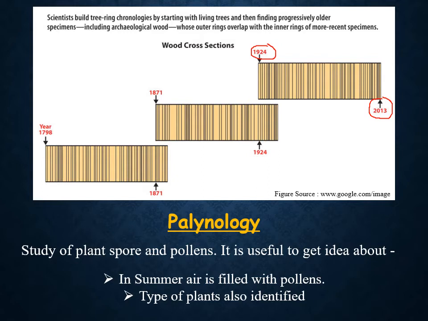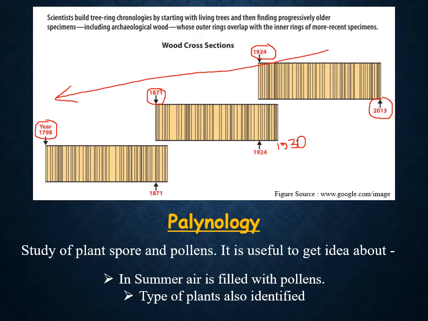Say for example, here you can see again the record starts from 1930. So there is an overlapping period. We can match these two things, and this record will go up to 1817. Then again the third ring will enhance our knowledge up to 1798. So in this way, scientists proceed into ancient time starting from the present tree specimens, which gives us the most recent record of climatic condition from the growth rings.